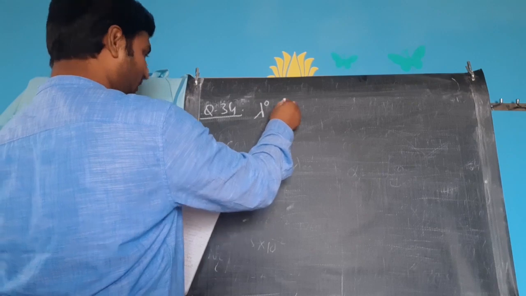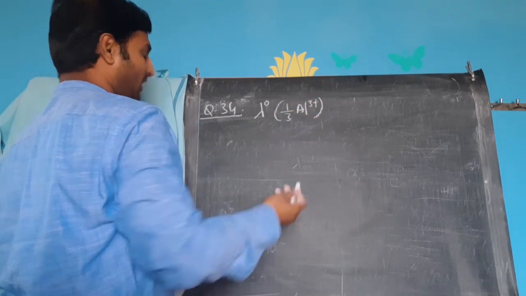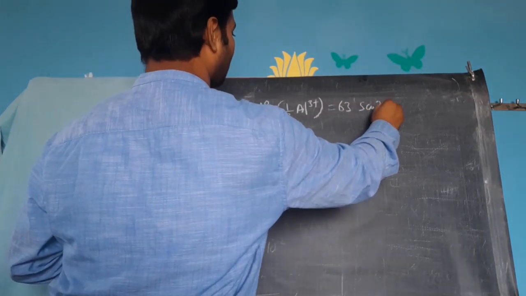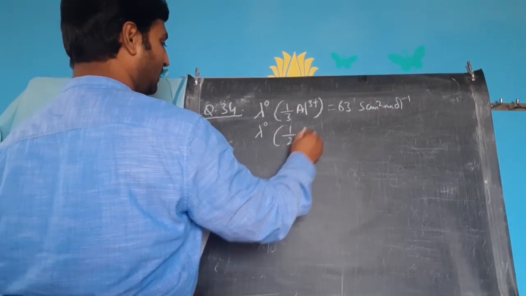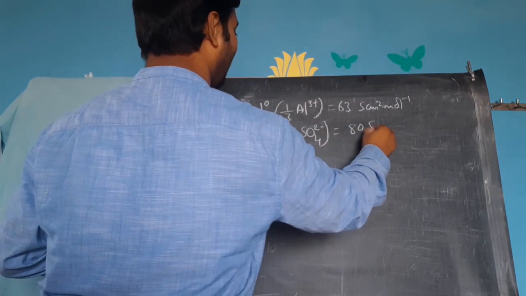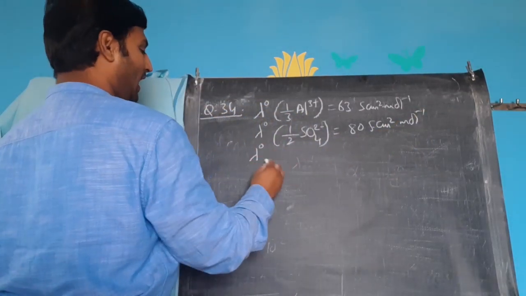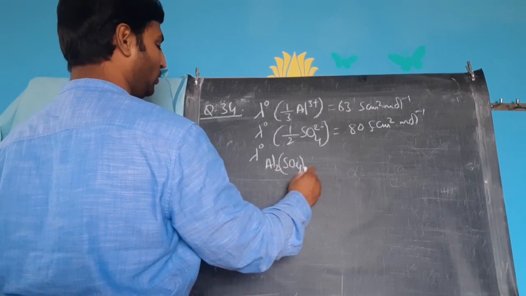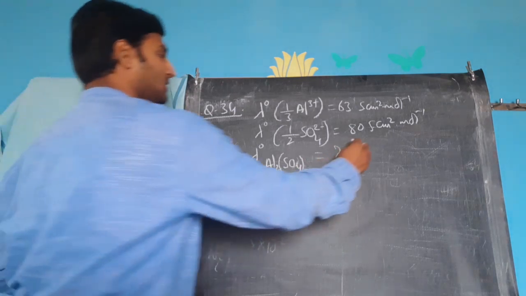Lambda naught for 1/3 of aluminium cation is given, that is 63 Siemens centimeter square mole inverse. Lambda naught for half of sulfate ion is given, 80 Siemens centimeter square mole inverse, and lambda naught for aluminium sulfate, Al2(SO4)3, is asked. Okay, options given to you are